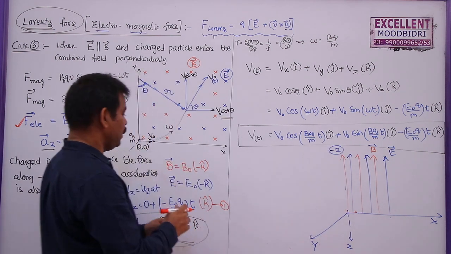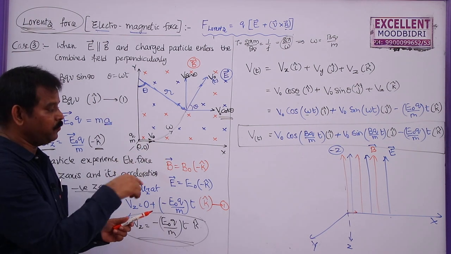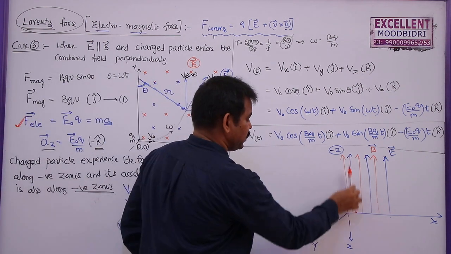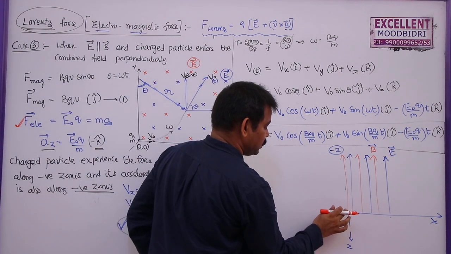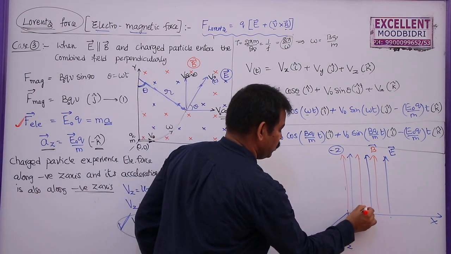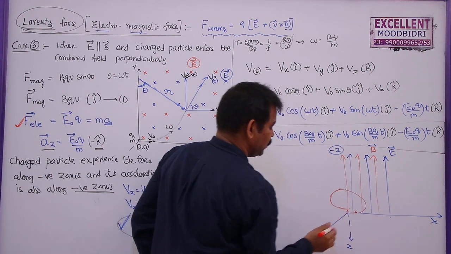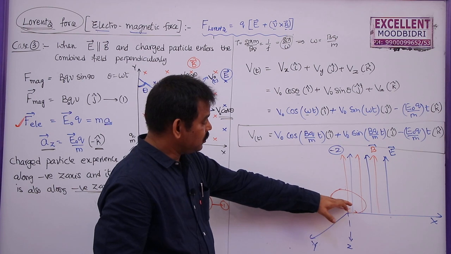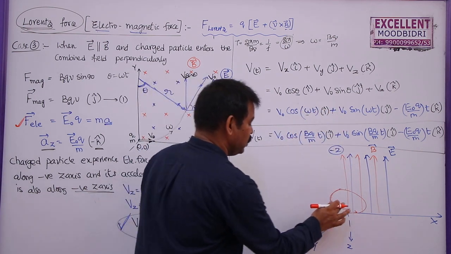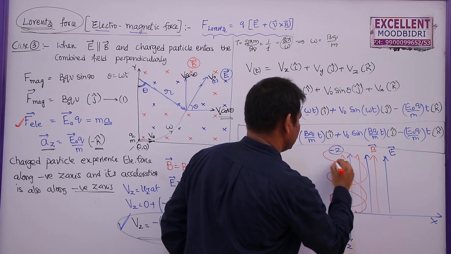At the same time, the charged particle always moves in a circular path due to the magnetic field, perpendicular to the plane in which the field is acting. So this is the z axis. So the charged particle will move in a circular path in the xy plane. So it will move in the xy plane like this. But at the same time, as it is experiencing some electric force in this direction, it will have acceleration. Slowly here what happens? The helical path will increase like this.